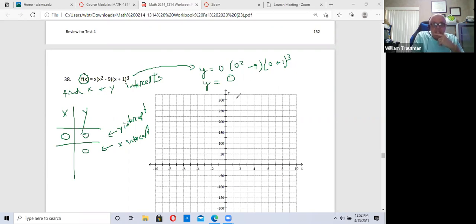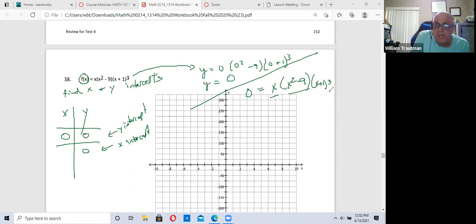Now, x-intercept, when y is 0, so 0 equals x times x squared minus 9 times x plus 1 to the third. Since it's already in factored form, and on the test it's also in factored form, you take this x and say it equals 0. You take x squared minus 9 and say it equals 0, and you take x plus 1 and say it equals 0. Even if it's to the third power, you can still say it equals 0. Here, there's one answer. That's an x-intercept at